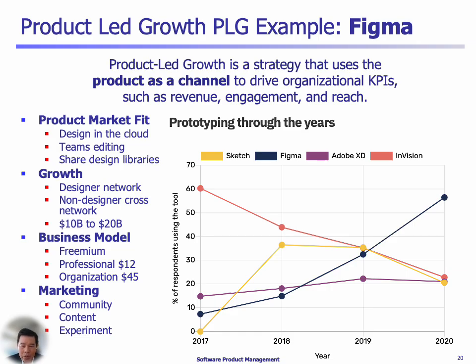And the business model needs to be adapted to help this growth and change as you go along in the growth phase. So the marketing is as well handled by the lead of the product growth. And you can look at different products here like Sketch, Figma, Adobe XD, and InVision, and some products are declining while other products are